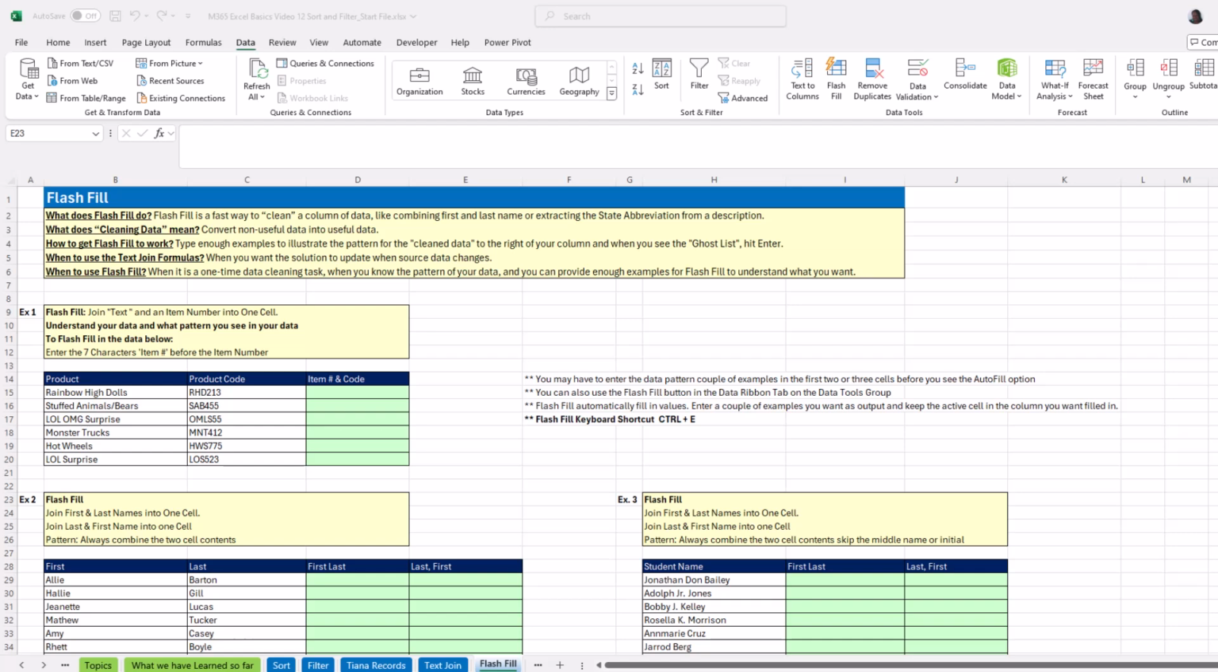Now let's do our first example on this worksheet, which is example 1 here. Cell D15, we would like to have item and the code. So we need to enter the first 7 characters and then we will enter the product code and we will give a couple of examples here and then Excel will understand the pattern and it will fill for us. So I'll type item